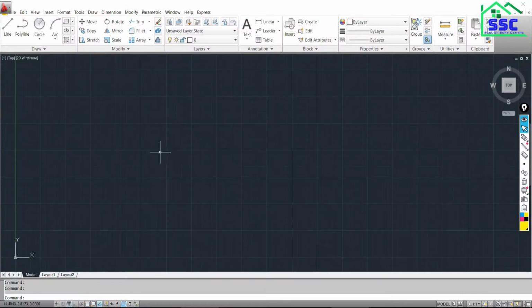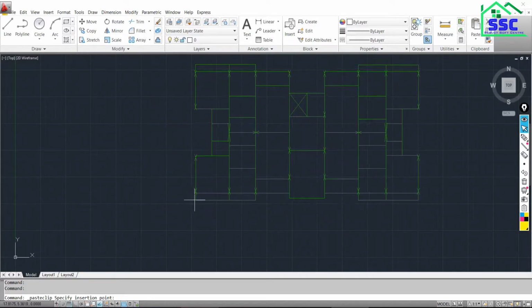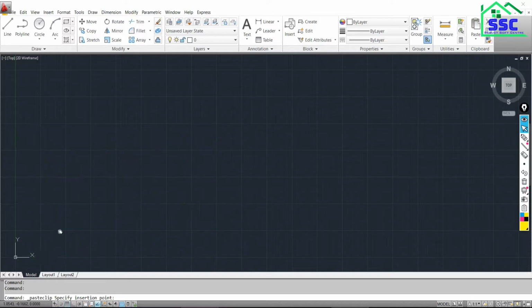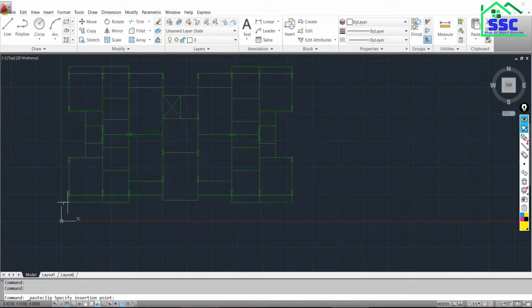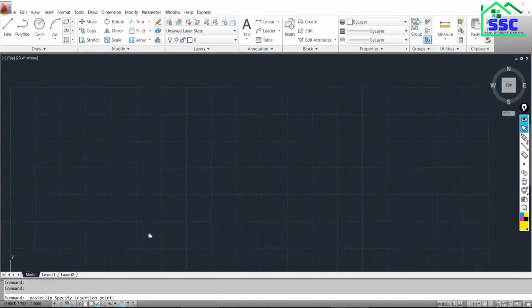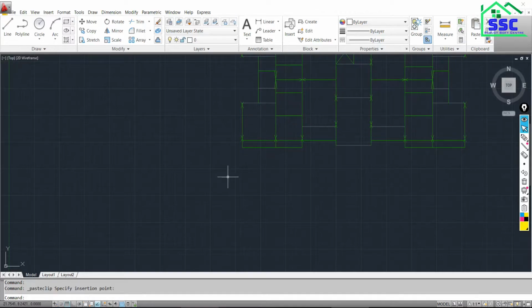Now here we have to paste that file. How can you do that? Just press Ctrl V. See, the origin is present here. Is it visible? The X and Y coordinates are there, but what I am going to do is put this plan here. This is done.